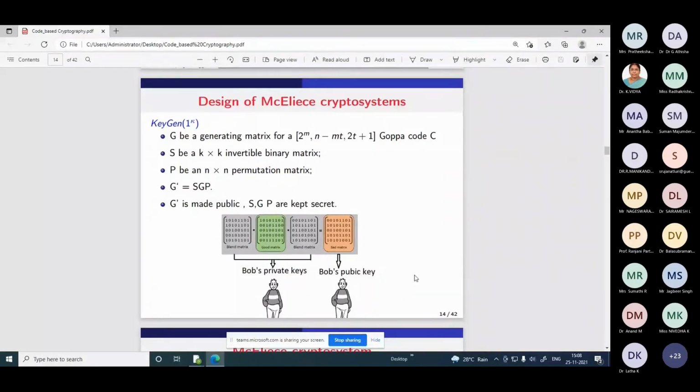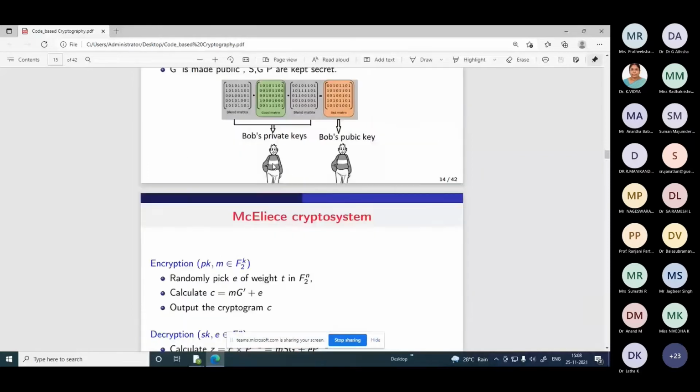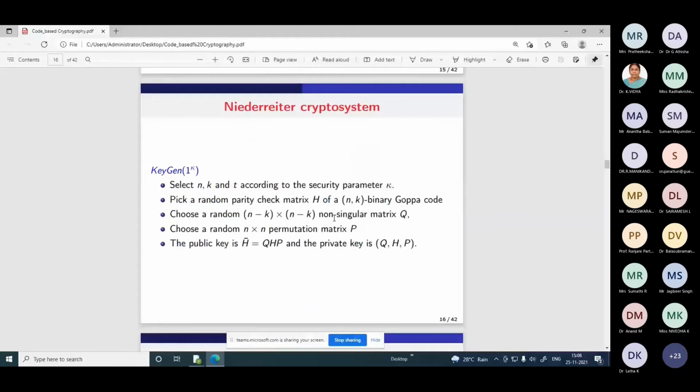But you can avoid that by increasing the size of the parameters, right? With the proper key size and parameters of the code, yes, you can withstand. This McEliece crypto system can withstand the information set decoding attack. And it also withstands the structural attack. But when you replace it with other codes, then it is open to the structural attack, right?